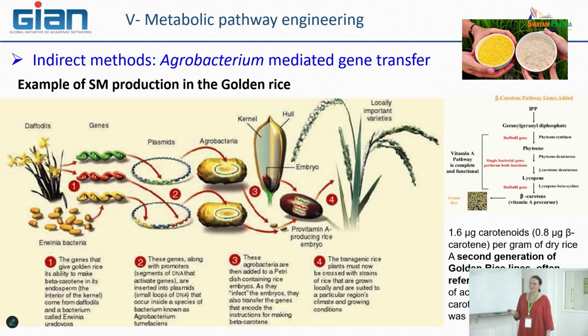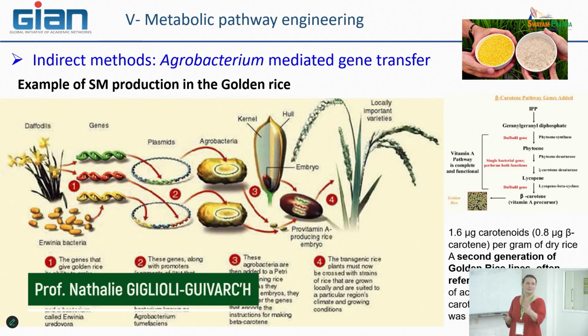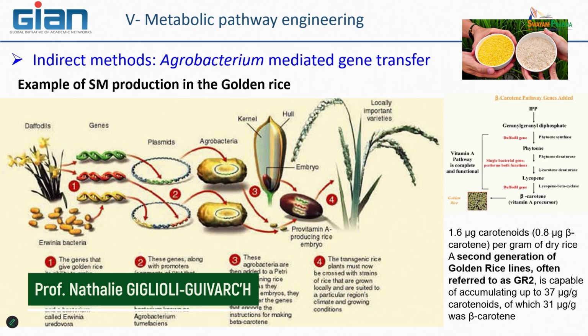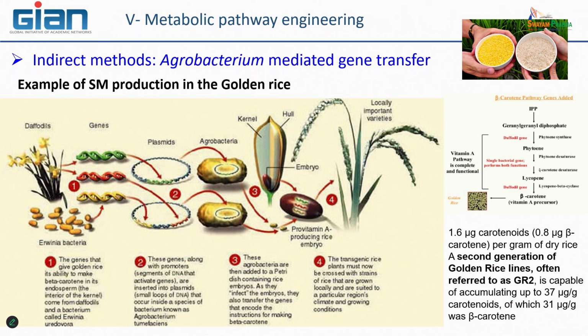So there are in fact three genes that have been chosen. The first one, which encodes the phytoene synthase, comes from this flower, because they are an intensive yellow color at the petal level. It is the daffodil. And they have isolated the genes encoding the phytoene synthase.